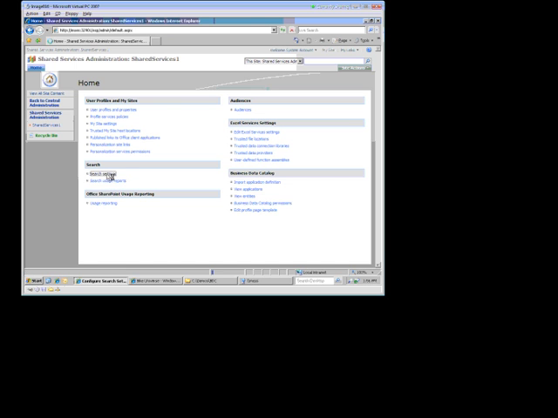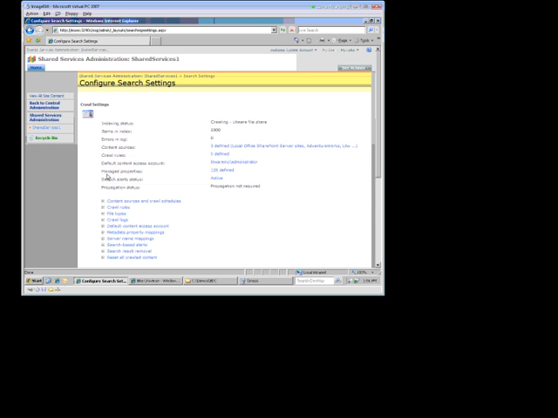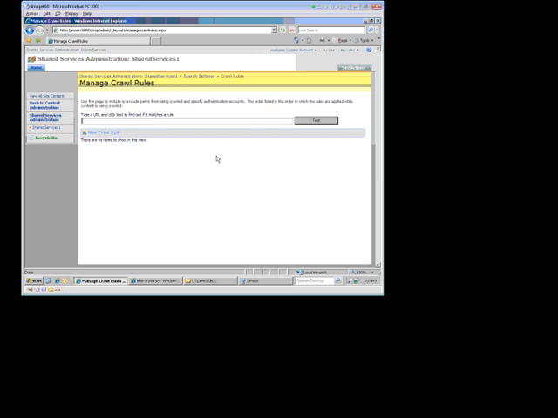Let me go back into search settings here. And right now, notice it says it's crawling. My status is working. I can actually make crawl rules, and if I click on this option, I'll give you an idea what it does. I don't have any defined, because normally if you want to define crawl rules, there's lots of ways. We can actually make new crawl rules